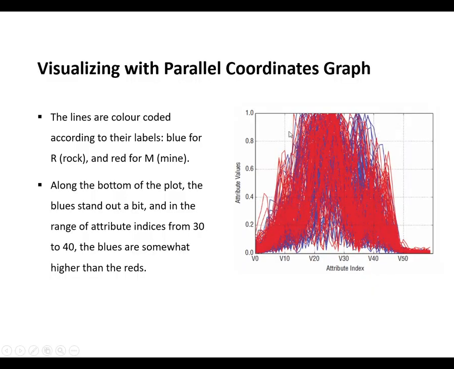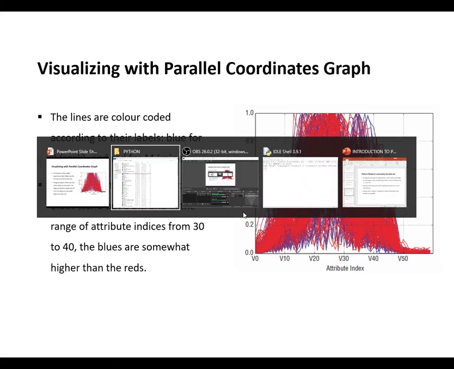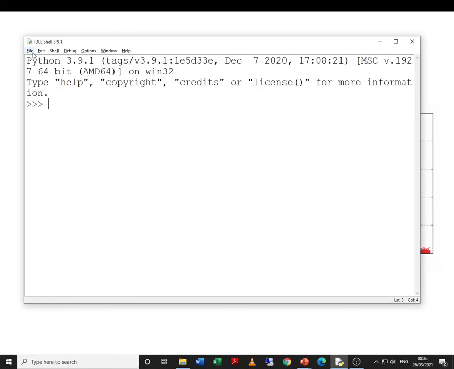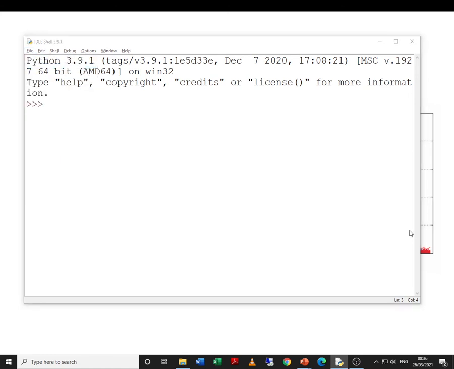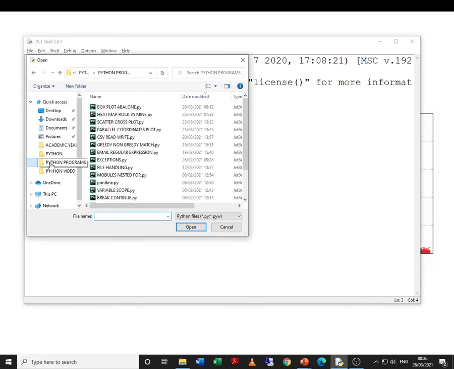Yes, this is visualizing the parallel coordinates graph. Just try to observe, this is the 0th column, this is the 10th column, 20th column, 30th, 40th, 50th, and all these columns are there. We'll try to understand this graph in two different ways basically. So let us go to Python and understand how we can draw the graph. Already I have created the graph, so we'll be able to get a clear idea.